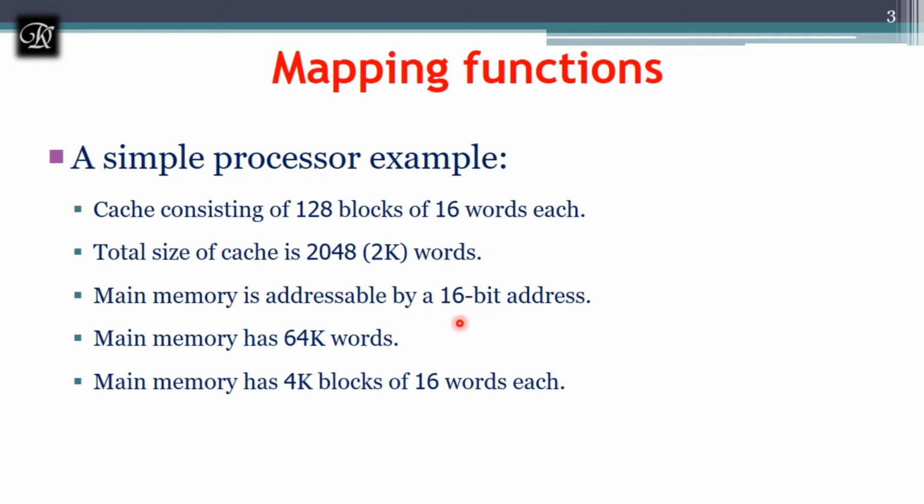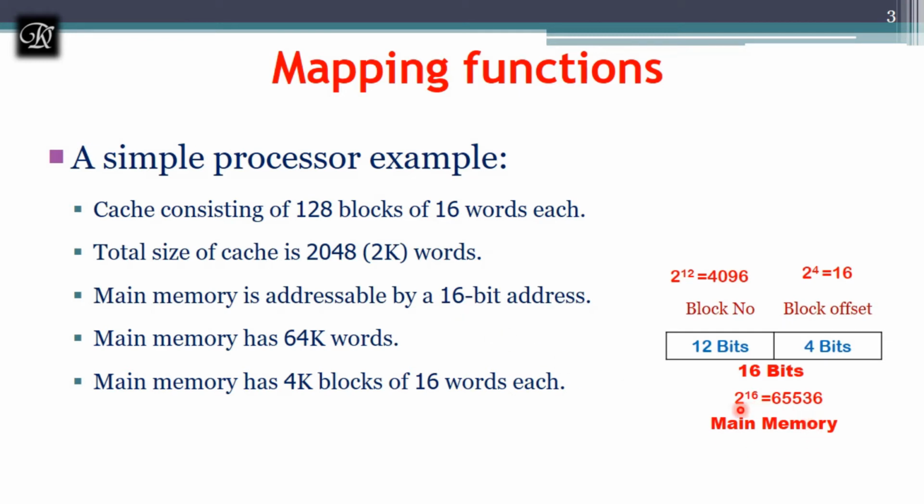By taking these 16 bits, let's divide them into different parts. As I discussed in the first video, if I take a 32-bit address, 30 bits are used to recognize the word and 2 bits are used to recognize the byte inside the word, right? Similarly, out of this 16, how many do I need? 2 to the power of 16 will give me 65,536. I said there are 16 words inside each block, so how to get that 16? 2 to the power of 4 will give me 16. Out of 16 bits, I have taken 4 bits to recognize the words inside the block.